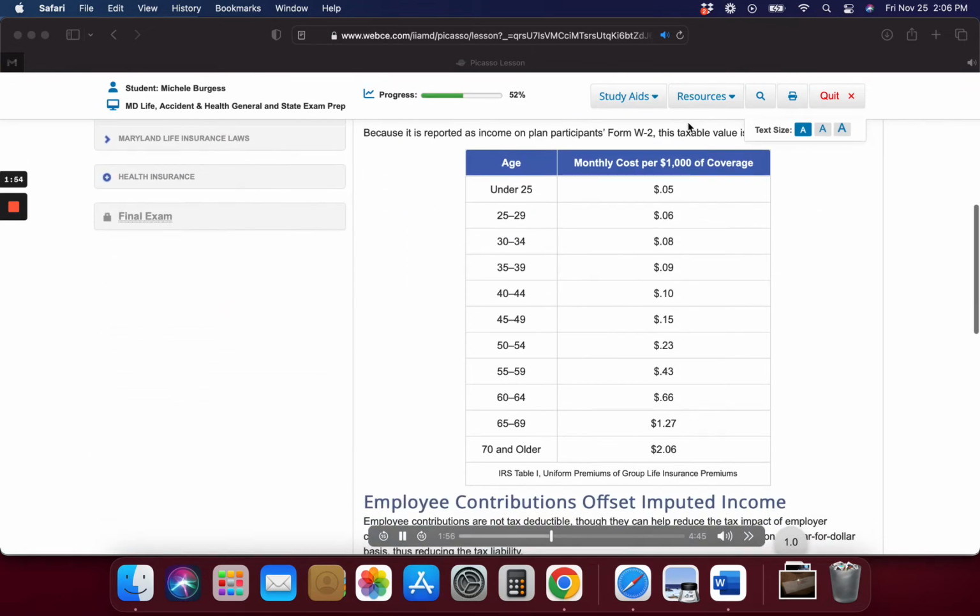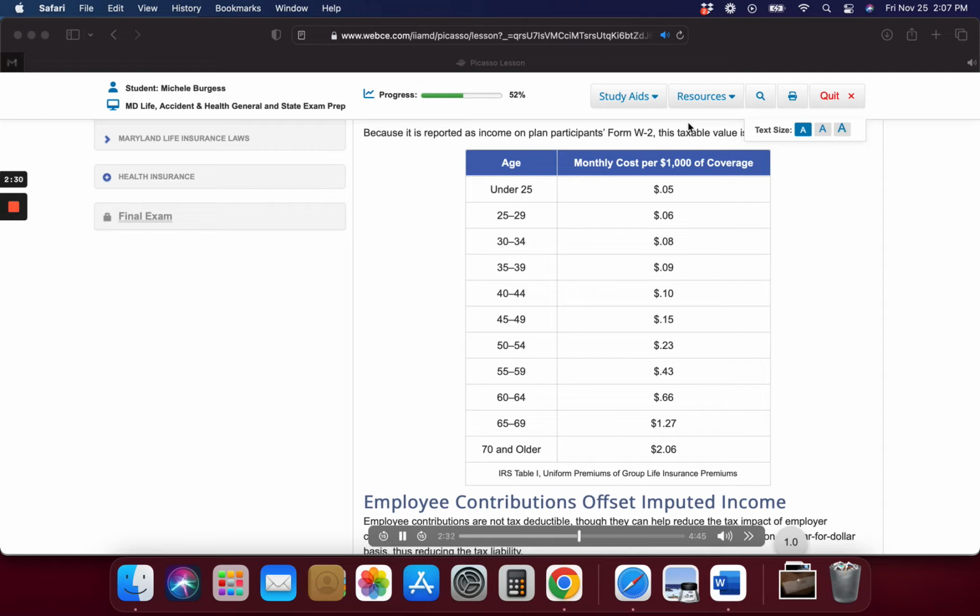Employee contributions offset imputed income. Employee contributions are not tax deductible, though they can help reduce the tax impact of employer contributions. An employee's after-tax contributions are subtracted from imputed income on a dollar-for-dollar basis, thus reducing the tax liability. Note that this applies only to after-tax premium contributions, i.e., contributions deducted from the employee's net take-home pay. Employee contributions paid using pre-tax contributions, for example, as part of a cafeteria plan, cannot be used to offset imputed